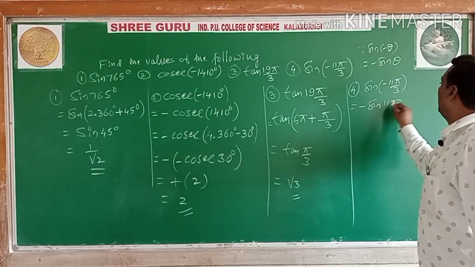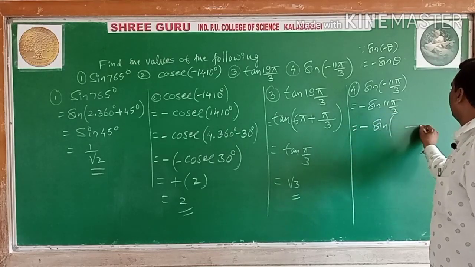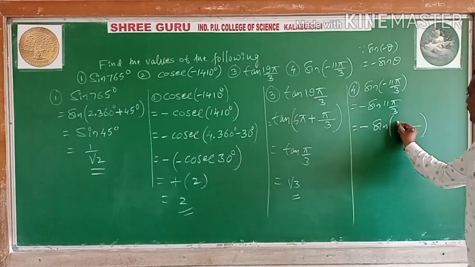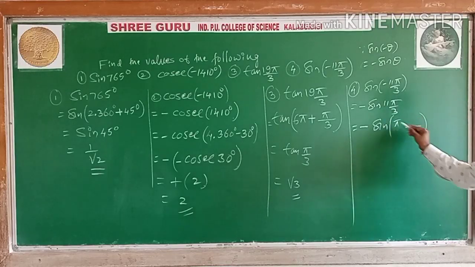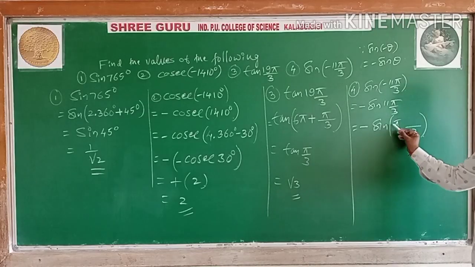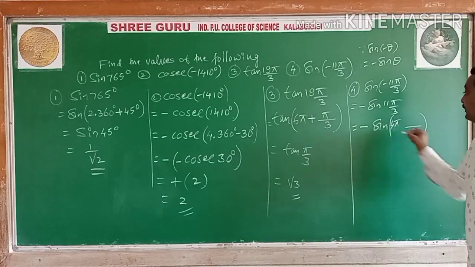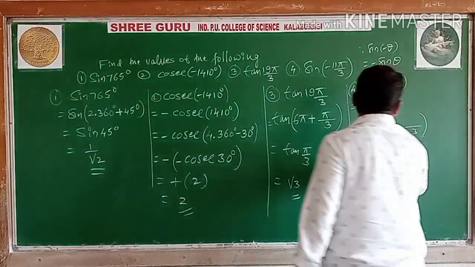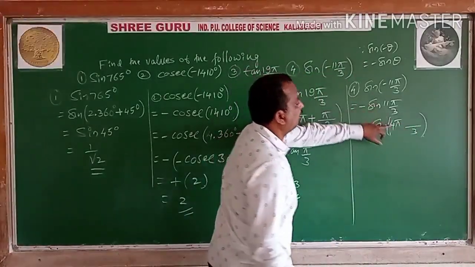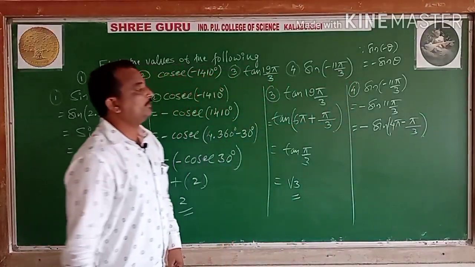What is the value? 11 pi by 3. As I have told, students, you write first 3, and here pi, either plus or minus. Multiply with the denominator 3. So 3 into 1, 3 pi; 3 into 2, 6 pi; 3 into 3, 9 pi; 3 into 4, 12 pi. How much do you want? 11 pi. So it becomes 12, then excess, so you can take minus 1 pi. Is it becomes 11 pi by 3?